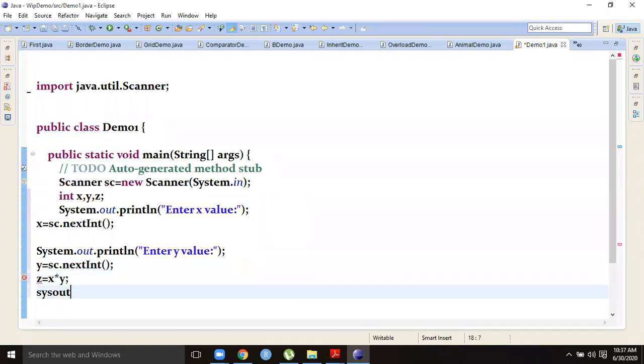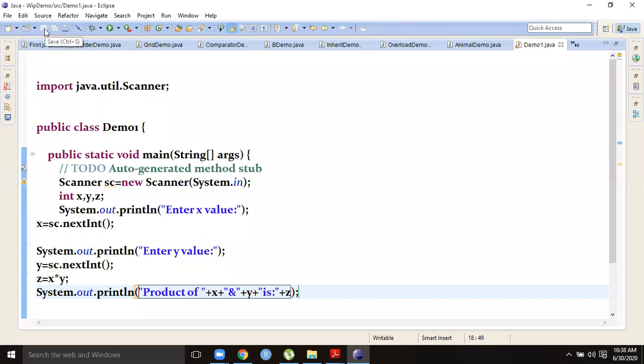System.out.println, product of x and y is, what is the result? z. So I have done my program writing.